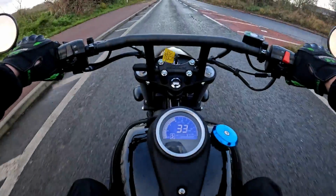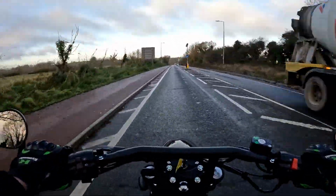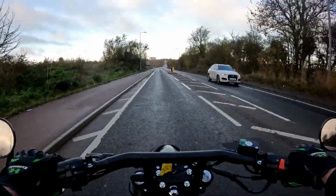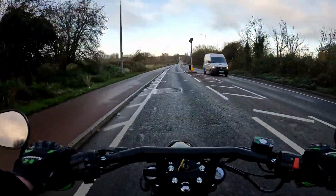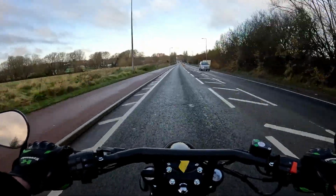But that box, absolutely smooth as anything. A lovely smooth gearbox, and it definitely feels like you're riding a big boy bike or a big girl bike with this thing. It is massive. It's a great motor, and when the original UMs came out, and it was the Renegade Commando